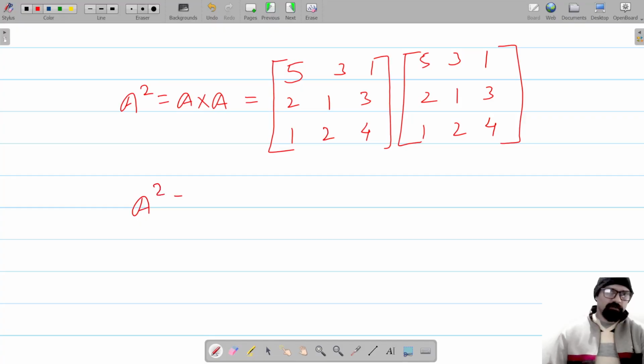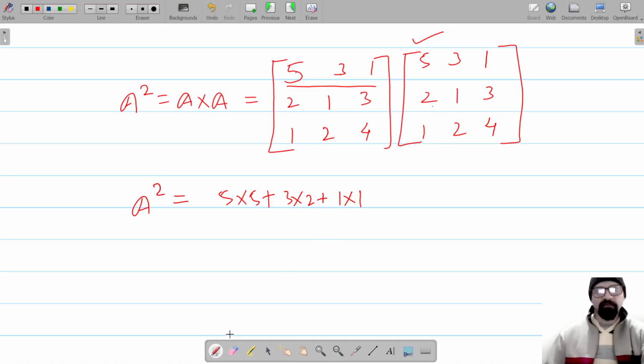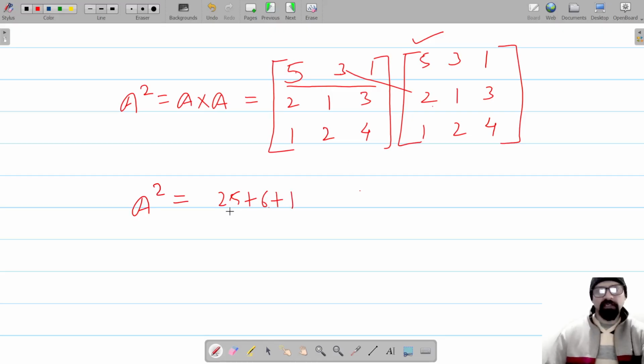तो ये हो जाएगा A square। Multiply करेंगे first row और first column के respective elements। तो 5 × 5 प्लस second element row का और second element column का 3 × 2, plus 1 × 1। तो मैं इसे सीधे सीधे multiply करता हूँ। 5 × 5 is 25 plus 3 × 2 is 6 plus 1 × 1 is 1। ये बन गया पहला element। अब इसी row को लेंगे second column के साथ। तो 5 3 1: 15 plus 3 plus 2,